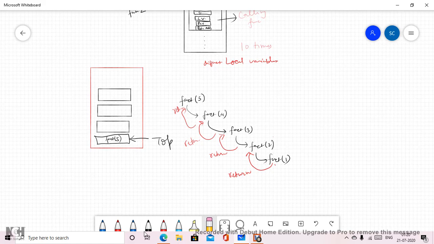So this is what we have seen. Now you can understand what happens when we have a recursive call. We have just displayed it for 5 elements, like the value of n is 5. Now if it is more, that means however many times you have to recursively call the same function, it is going to use more memory from the memory stack, and that is why it makes the process slow.